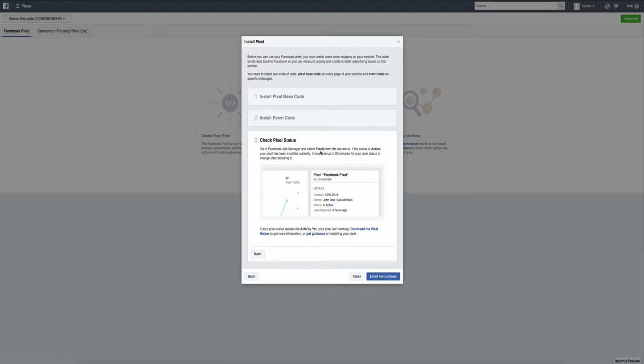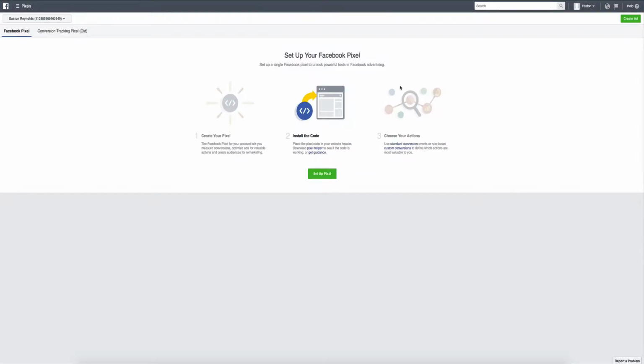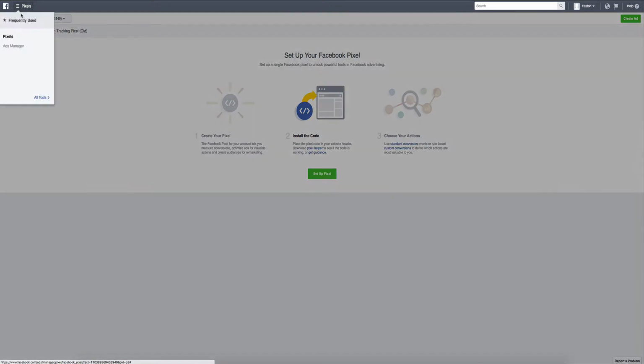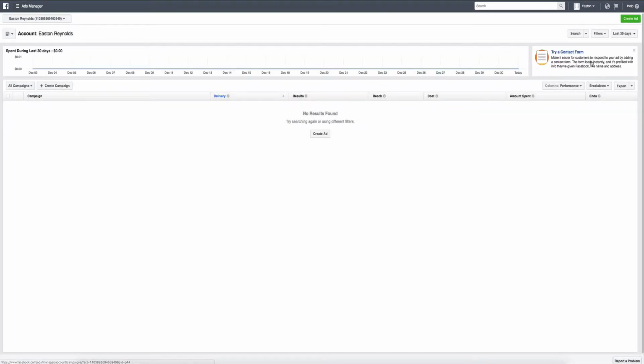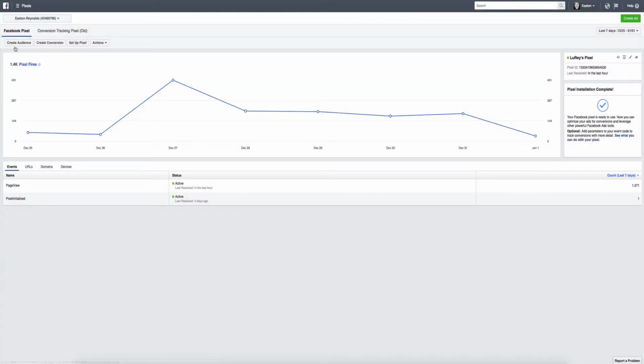Once you then log in, after you've installed all that, you'll go to your ads manager here. And over here on this side, you'll see that it says active with a green marker. I'm going to log out of this new account real quick and then log into my actual account so that you can see what I'm talking about. So once you've seen that your pixel is active over here on the right hand side by the green dot,